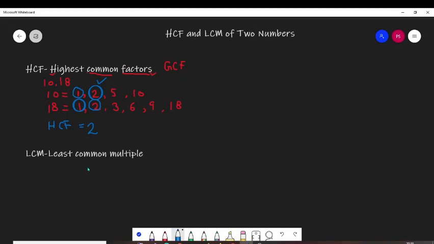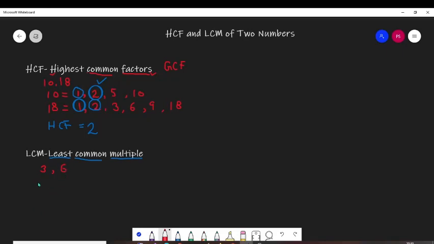Now let us go to LCM. Again, as I told you, we can find the solution in the name itself. LCM, least common multiple. So let us find the solution in it. First we have to find out the multiples. Then we will see the common multiples, and then the smallest common multiple. So let us again take an example. Let us find out LCM of 3 and, let us say, the other number is 6.